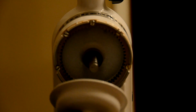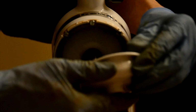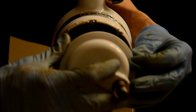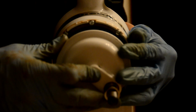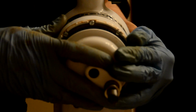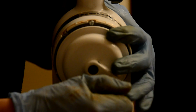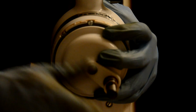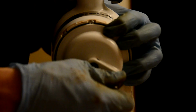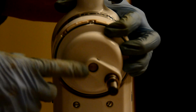lower assembly. So I'm going to stand up for this right here. I'm going to kind of eyeball this, and we're going to push this on. Keep in mind, for that gear to fit, you may need to rotate this just a little bit. There we go. So now it's on, and what I'm going to show you, I'm going to move the camera